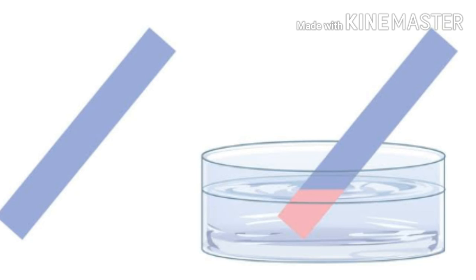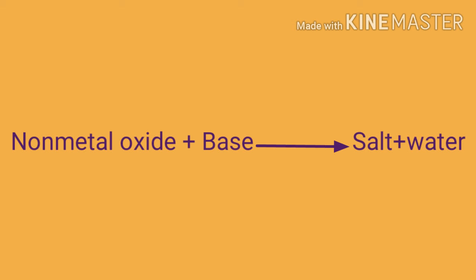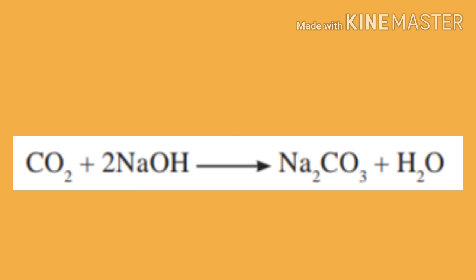And if you take a blue litmus paper and dip it in the solution of non-metal oxide, then it turns red. It means that the oxides of non-metals are acidic in nature. And these non-metal oxides react with a base and form salt and water. For example, carbon dioxide reacts with the base sodium hydroxide, that is NaOH, and forms salt Na2CO3, sodium carbonate, and